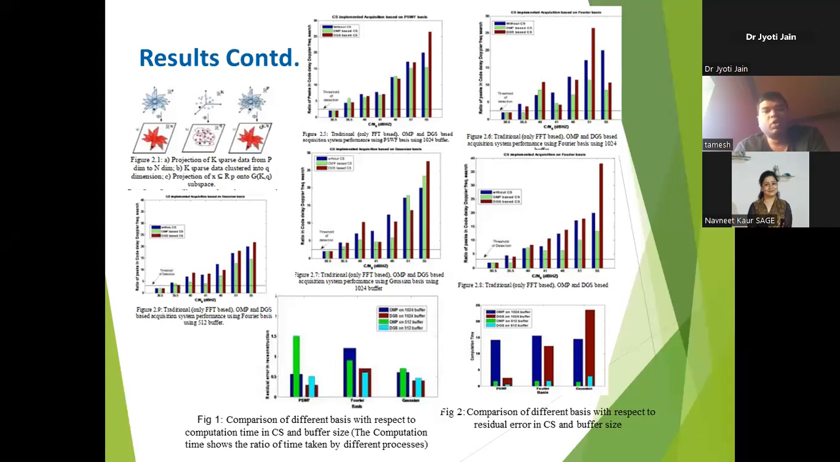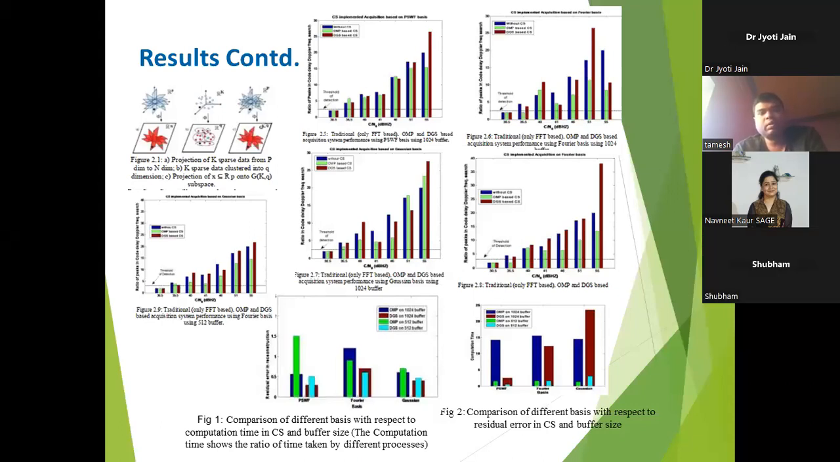Measurement. The thing is that by using this, we are doing the FFT based OMP, orthogonal matching pursuit, and the dynamic group sparsity. We are doing the measurement, the acquisition peak, what I said earlier. But the thing is that this line actually represents the